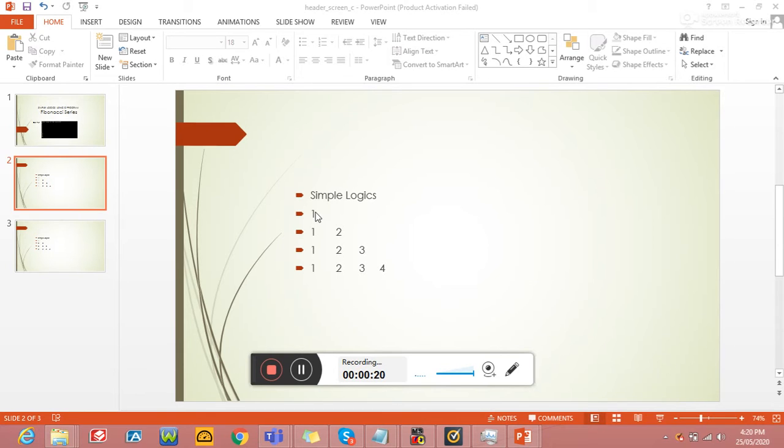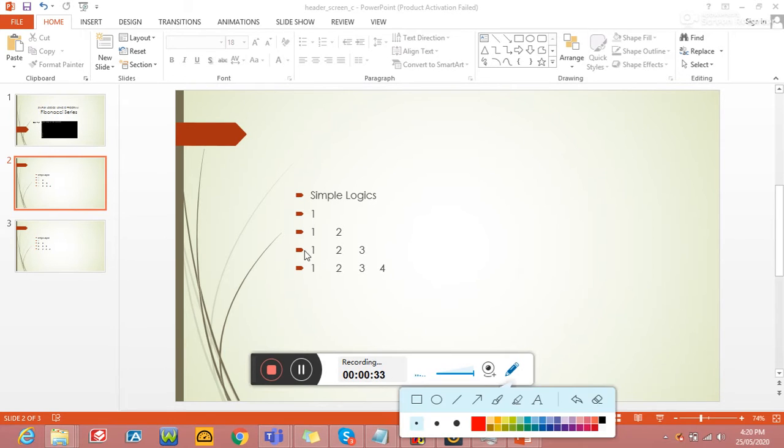See, for example, in the first row it shows the value 1, and coming to the second row it shows two values, that is nothing but 1 2, and in the third row it shows 1 2 3, like this. On the fourth row it shows 1 2 3 4. If it comes to the fifth row, it shows 1 2 3 4 5. So how to develop this program I will explain, and apart from this I'm going to show you one more logic with the same thing. I will explain that also.